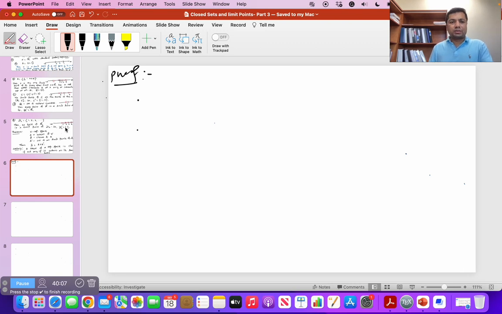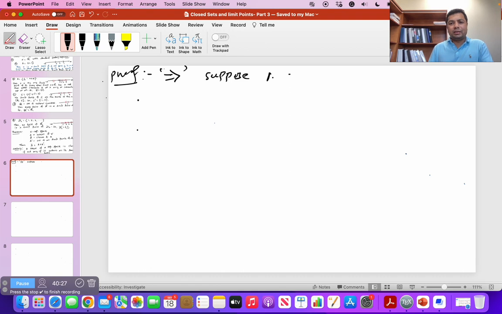Okay, let's prove this corollary. Let's prove this side first. That means if A is closed, then we should show that it contains all its limit points. Suppose